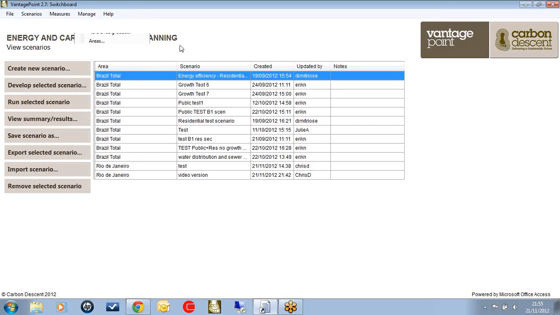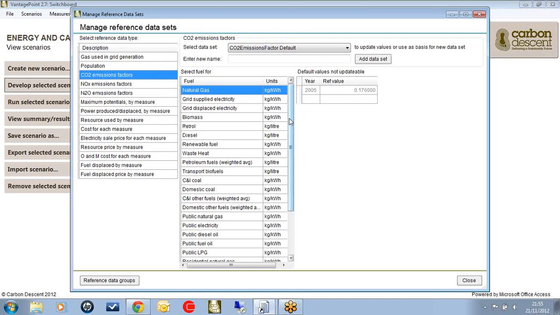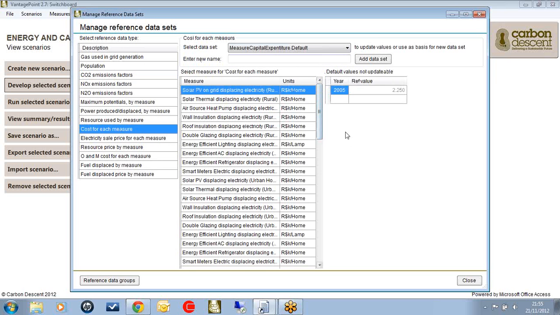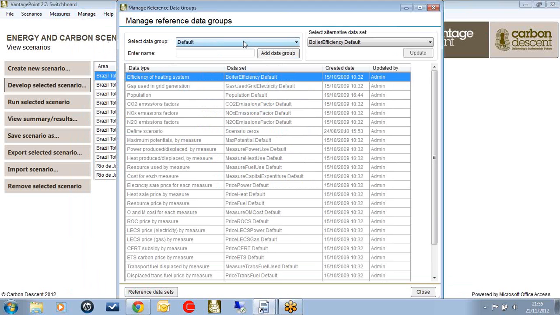So here you can also change the assumptions. So for instance, CO2 emission factors for different fuels, if you wanted to change these, you could create a different set, or perhaps the costs for different measures. Again, you could change those, and then they can be saved as a reference data group. So here you can see this is the default one, but you could add your own, which might be let's say Rio's assumptions,